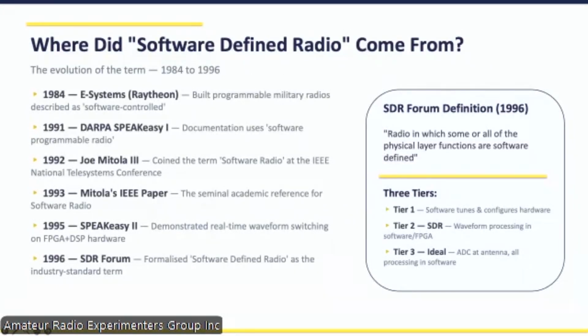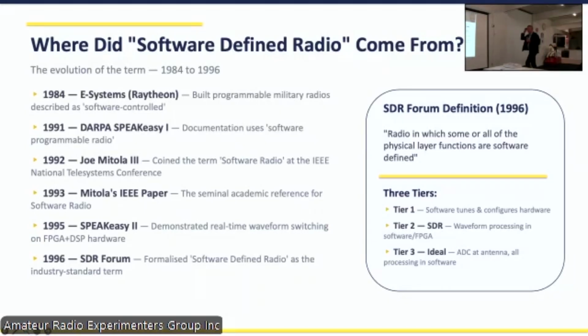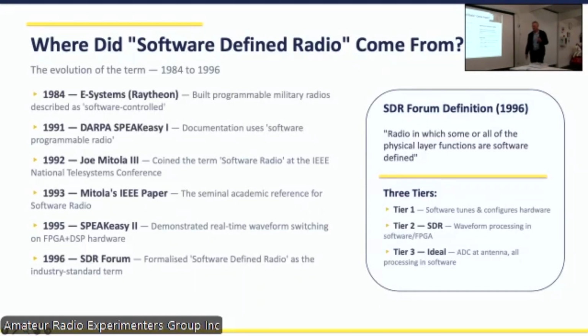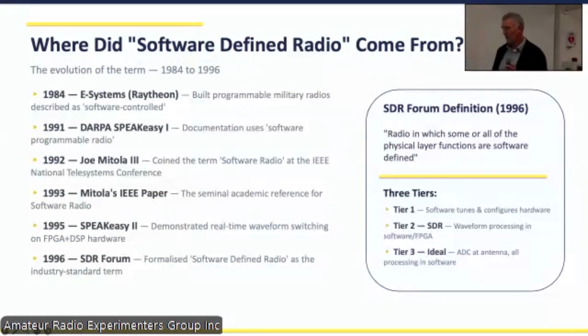So now let's just see, what does it mean, software-defined radio? So the first of the software world started about 1984. We started talking about a software-controlled environment. In 1991, we started to say software programmable radio. And then in 1992, that's actually the first start of it becoming publicly an area of software radio. All the way down again to really the 90s.